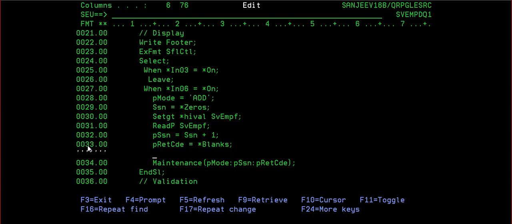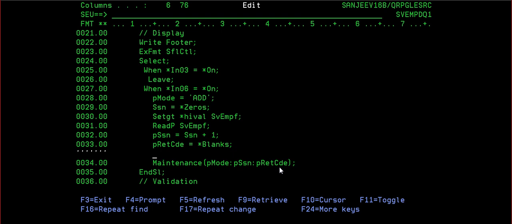in the data this one we have to pass, right? So first, in the same way, we will pass P mode, SSN and return code. So how will we be passing P mode? P mode will be 1 character length, right?